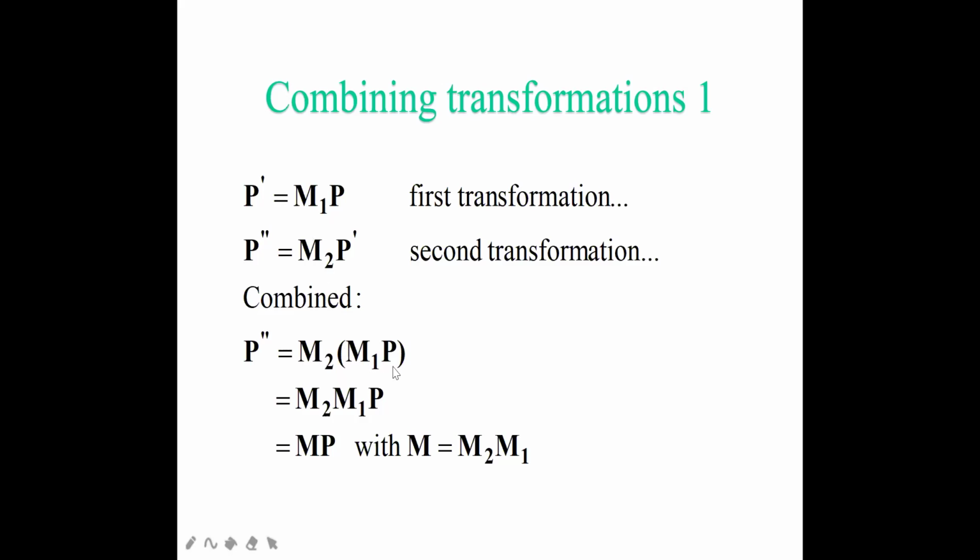So you are keeping it in the bracket. Then let's remove the bracket. You will get M2, M1 and P. Everything is in multiplication. Then let's consider M2 into M1 as M. Just represent it. So you are getting the P double dash value as MP. So this is just a combination, in an equational way, of how you are going to find the values.